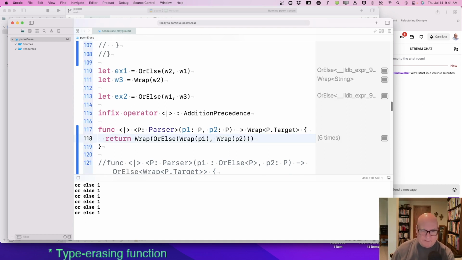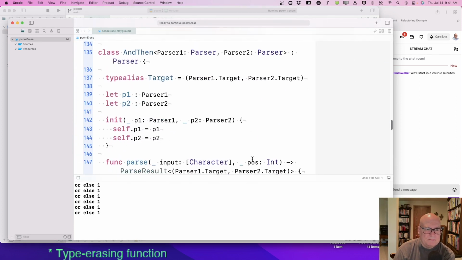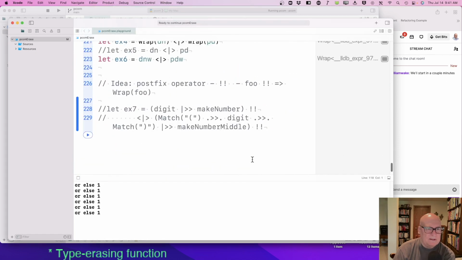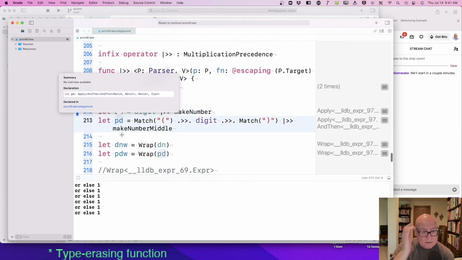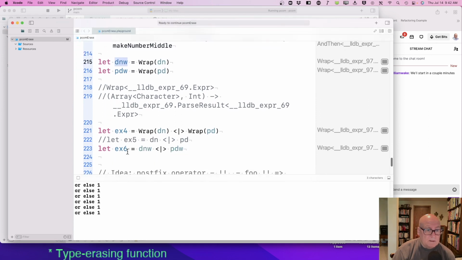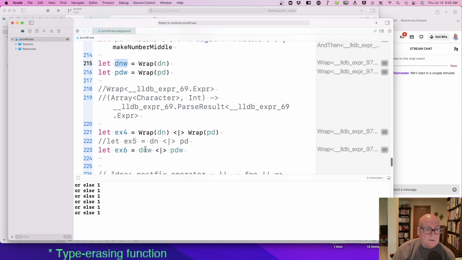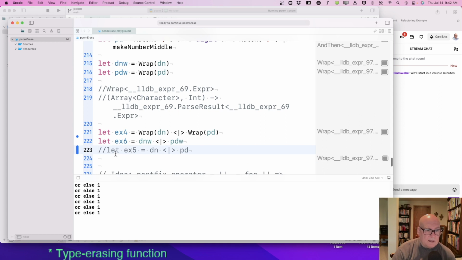Okay, I don't think that's helping anything. I don't know, everything's wrapped at this point. Like, what's your problem? Let's see. Down here again. This is the match, apply match. This is apply of a complicated thing. DNW wraps DN. Okay, we could say it this way. DNW wraps that.